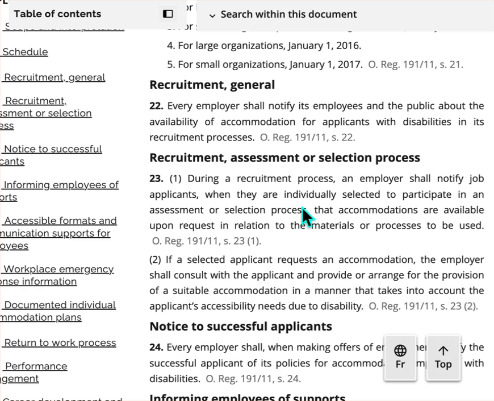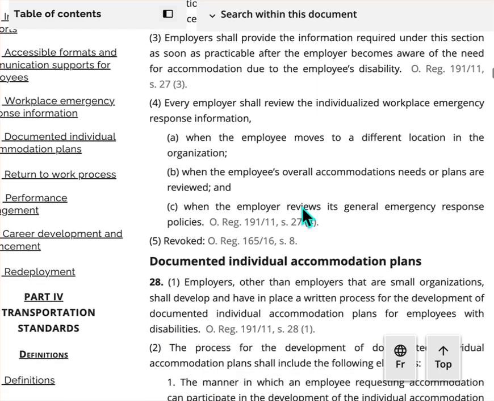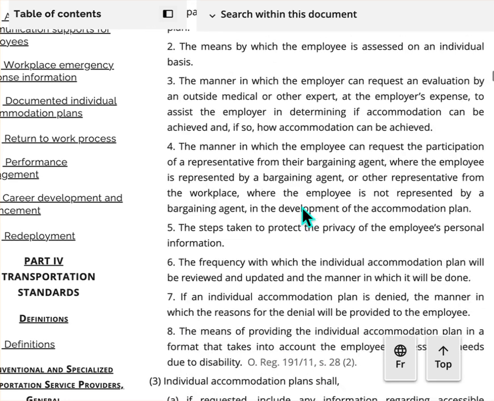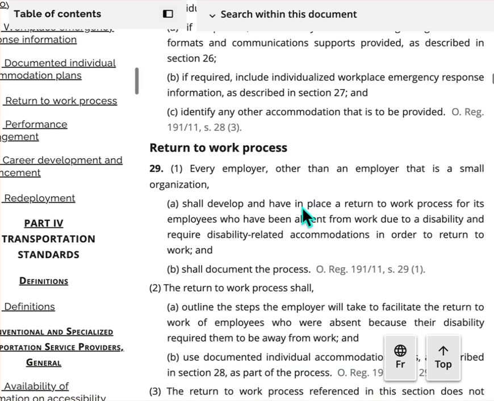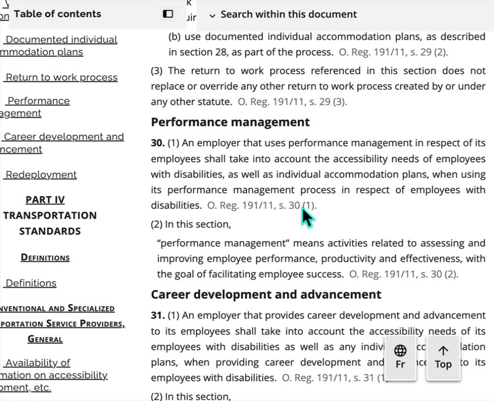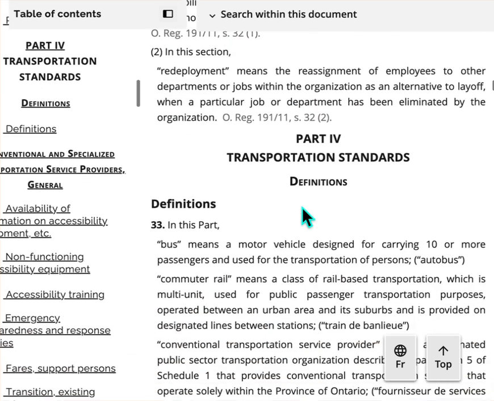So you are keeping all of your documentation, everything that you need to submit, up to date. Your accessibility standards are up to date, etc. There are huge penalties. A failure to comply with the AODA within Ontario has penalties. There are up to $50,000 per day for individuals, I think, and about $100,000 per day for corporations should they not comply with the AODA requirements.